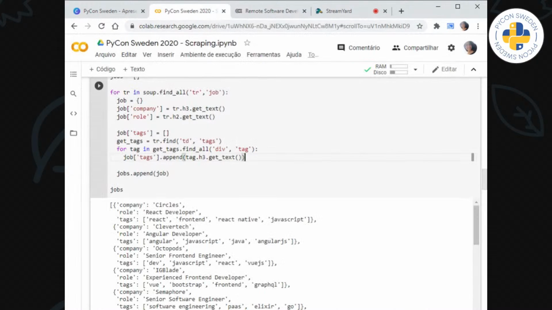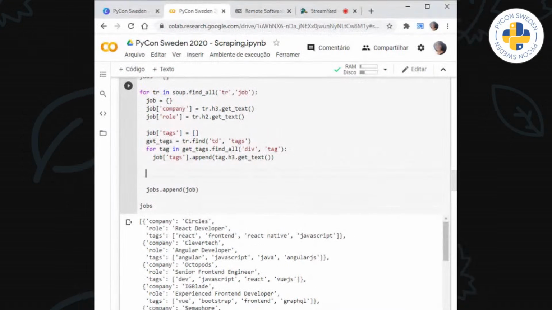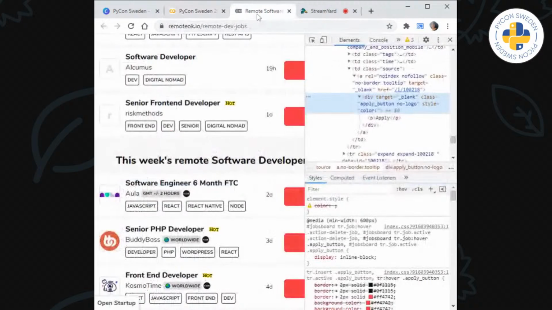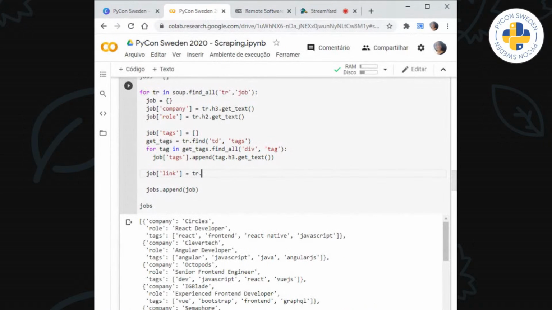Basically what we're going to do here is the same thing we did before. We're going to have job link, that's going to get a tr. What's the name again of the class? Oh, it's source. So tr find a TD, a column with that class name.